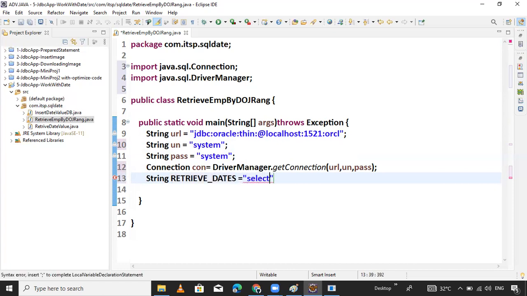Select. Pass the column names, it's better to pass the column names, otherwise use the star symbol instead of passing column names. Use star from which table? Employee table, where.